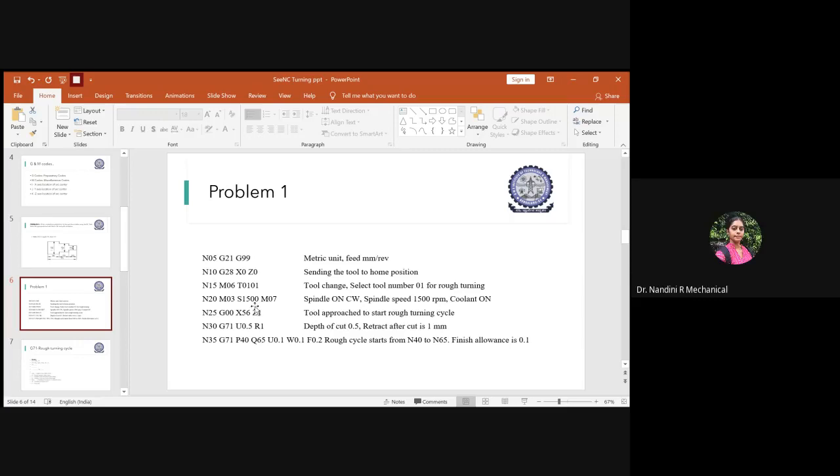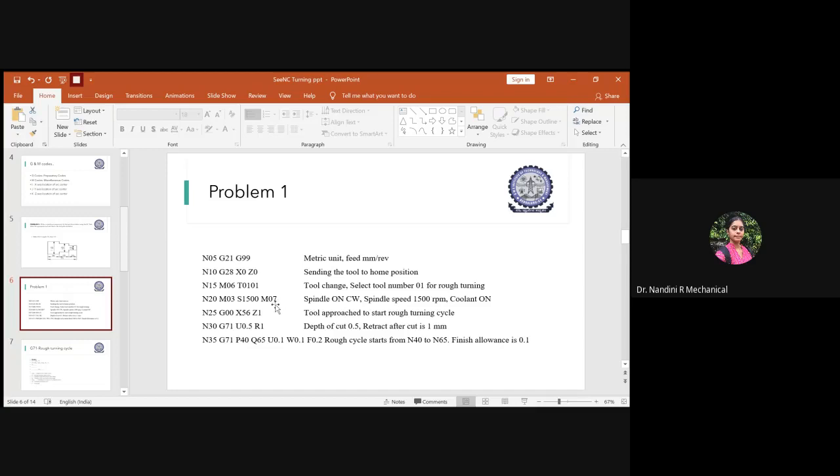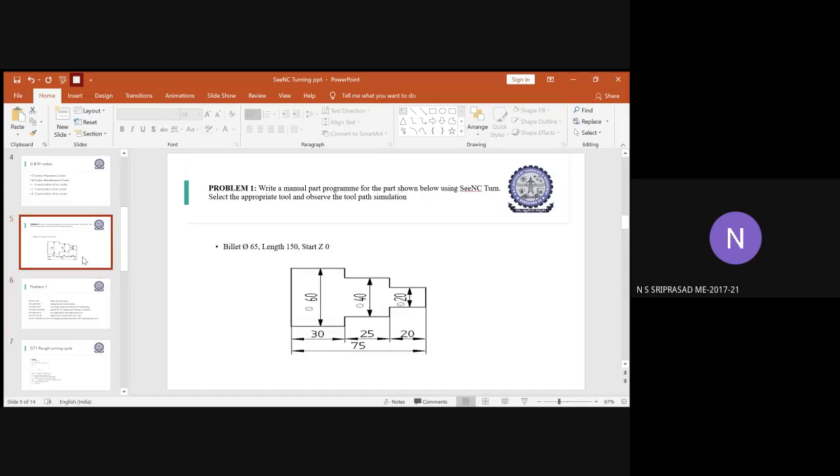Excuse me, ma'am. Could you show us the diagram again and explain it along with the diagram so we can understand it better? Yes, I will do that. This is the initial step you have to do. When I come to the coordinate system, I will go to the diagram. The first four are the initial things. First, you will design to metric. Then you will change the tool for the tool to be in home position, which is the code I'm telling you. 1, 2, 4 is common. No, ma'am. Could you show us where the tool is placed in the diagram itself so that we can understand better that way, ma'am? Because it's hard to picture everything. Just give me 2 seconds.